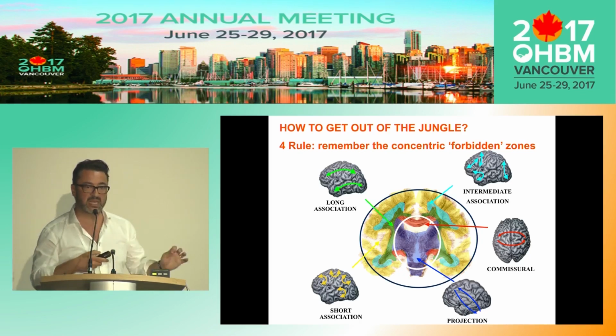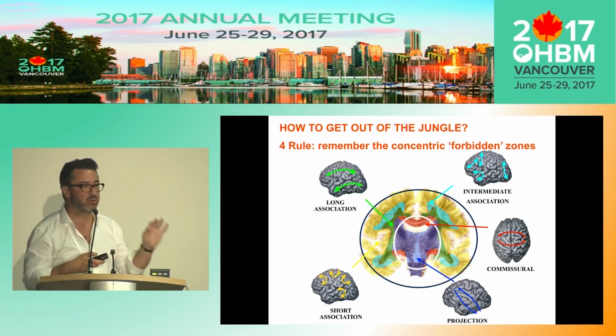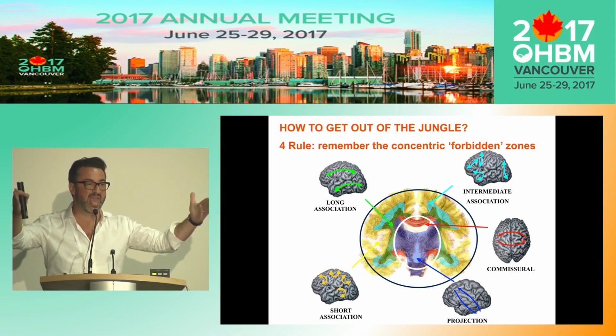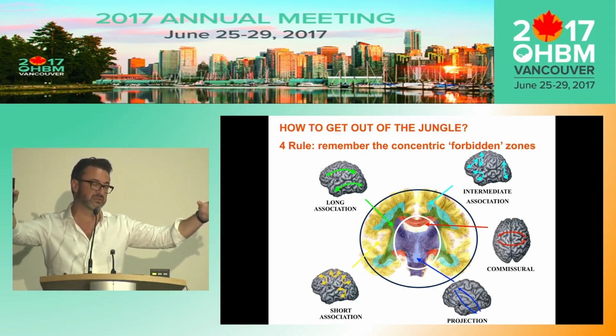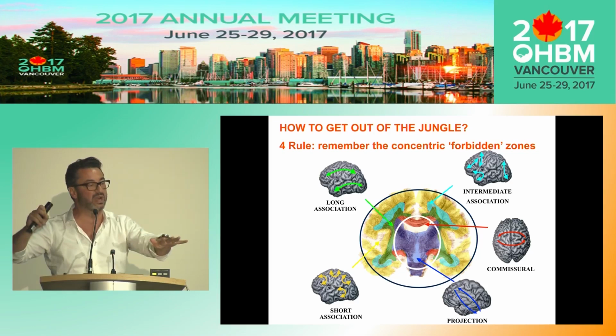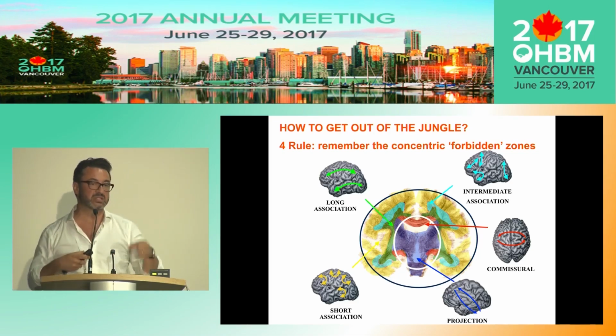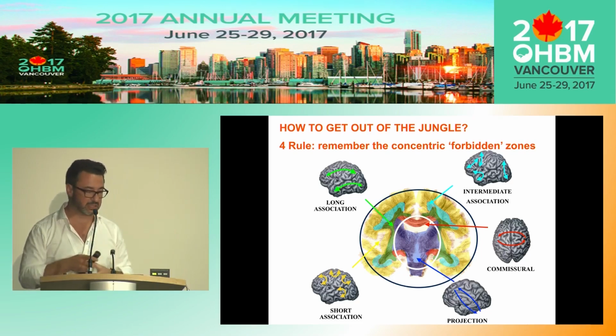Now, this is an important rule, because it's telling you the more distant the areas connected by association fibers, the deeper you find them in the white matter. And this is a three-dimensional aspect that clinicians for a long time have actually